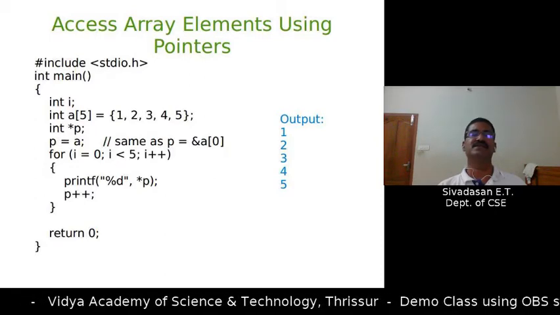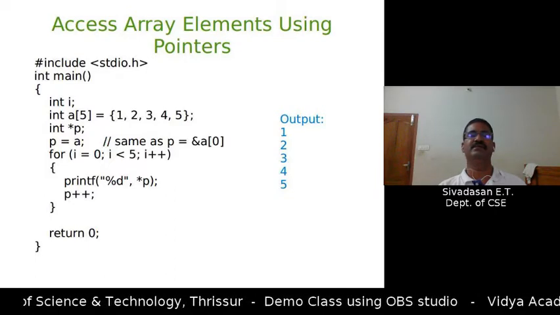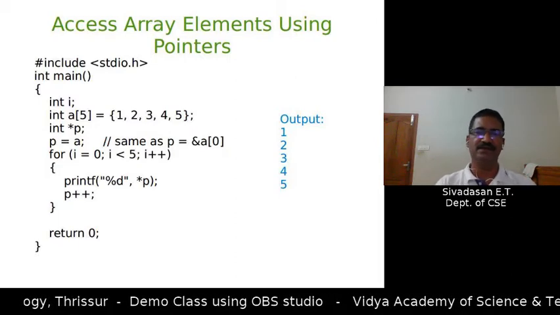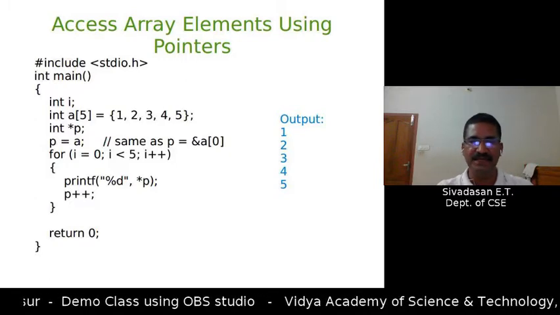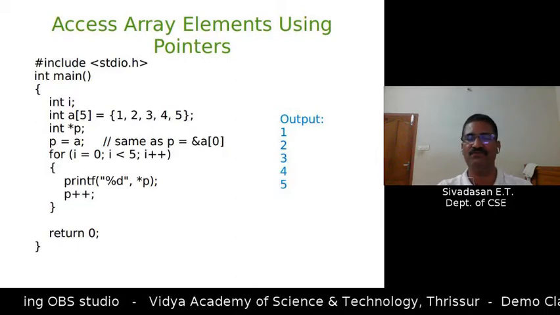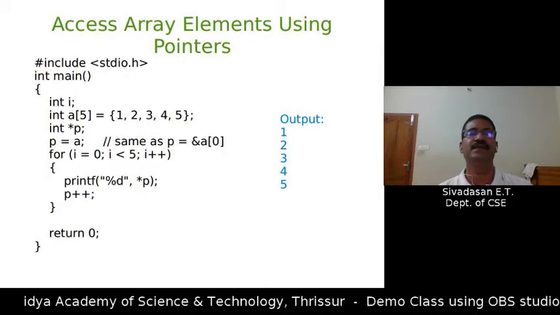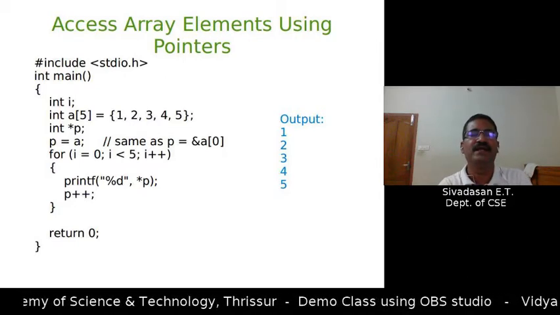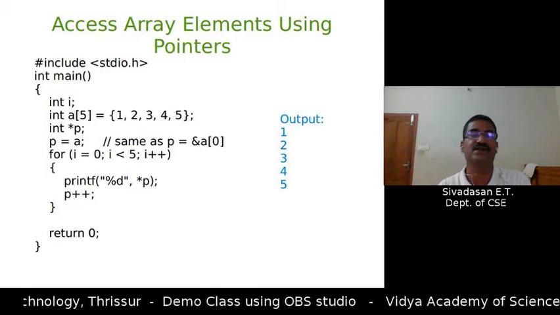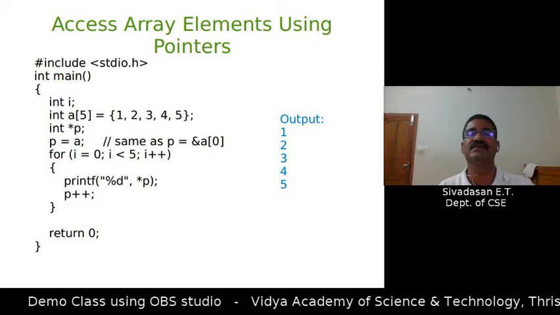Now to show the relationship between arrays and pointers, a pointer is also created, named P. Since it's a pointer, star P is given: int star P. Int star P means P is a pointer, it can hold the address of a variable of type integer. Now we look at the fourth line, P equal to A. Normally P is a pointer, it can be assigned an address, not a value. So now A is given, it is perfectly working fine, this is the output.